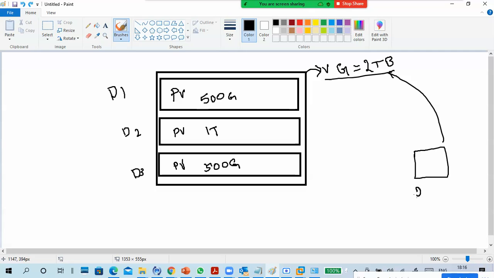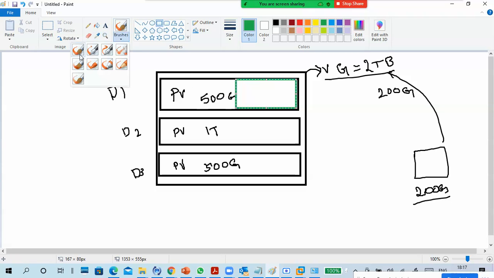For example, the client requires a 20 GB hard disk. So instead of taking from a physical volume, 20 GB from 200 GB. Sorry, not 20 GB. Take 200 GB. So the client requires a 200 GB volume from my volume group. So what I'm going to do is I am taking 200 GB from my volume group. Less is good. Okay, 200 GB I'm taking from this size, and this is called